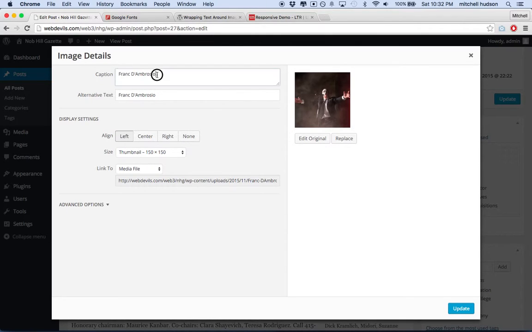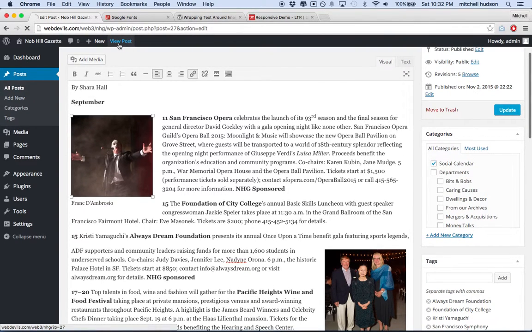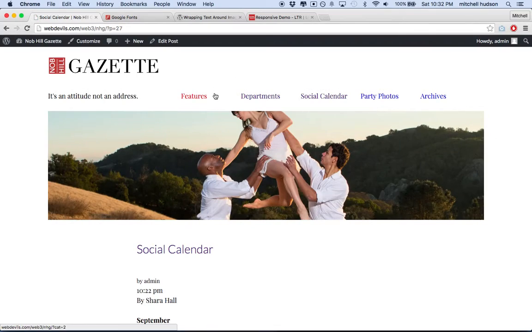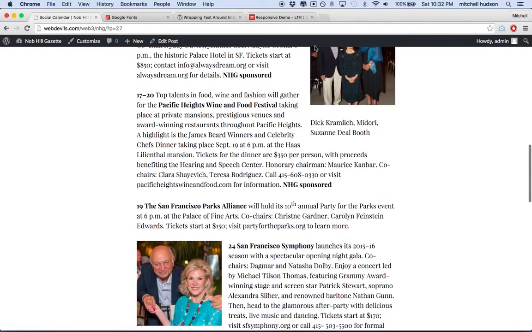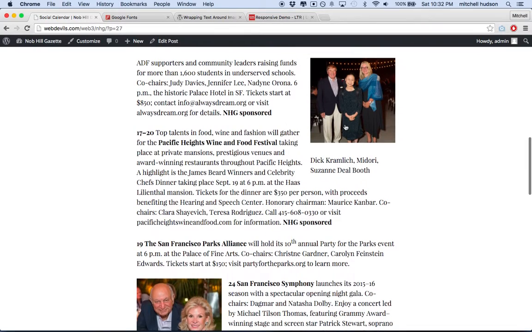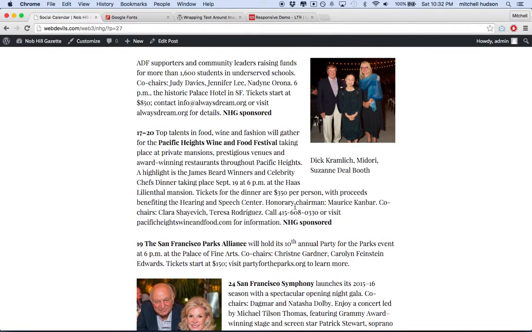So this is the caption right there, and you can type anything in. If it's blank, then nothing shows up. But if you've included some text here, then that's going to be the caption for your picture. Let me go back to my post now. These captions are interesting because you can style them. Let's style them. If I inspect the element here, what you'll see is